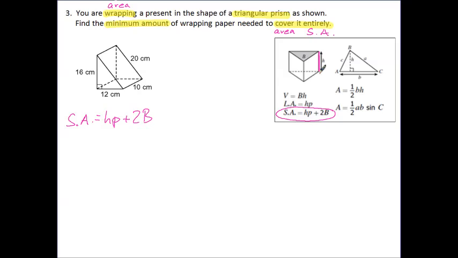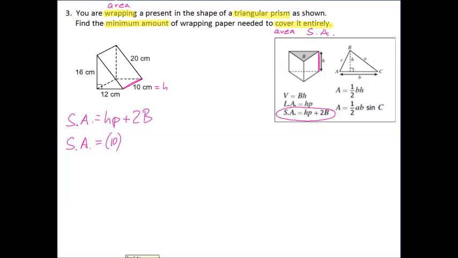It's the side that goes from one of the triangles to the other. That's our height, and in our example, that's the 10 centimeters. That's the side that connects the two bases. This is our height. So the surface area is equal to 10 times, next we need the perimeter,